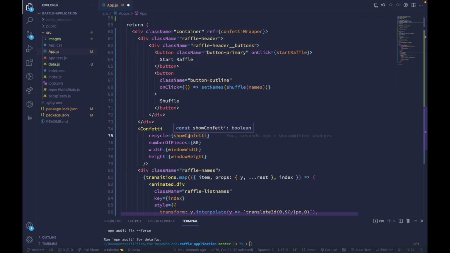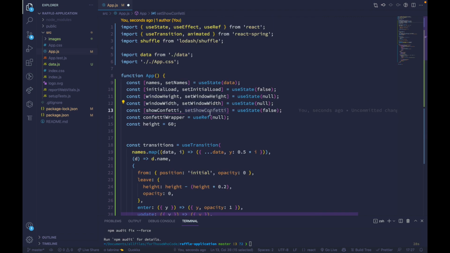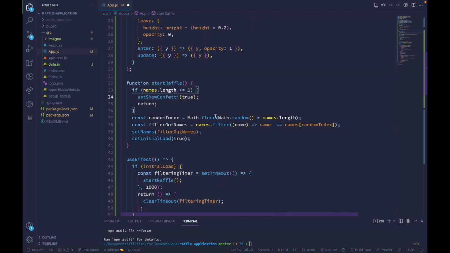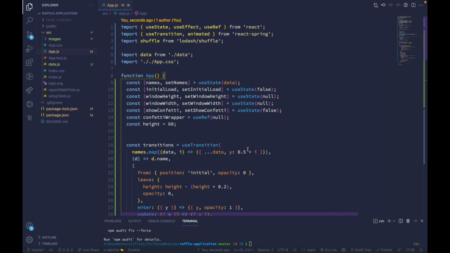Initially, the recycle would be show confetti, and the number of pieces would be 80. The flying pieces would be 80, and width and height would be window width and height. We have state right here. So to set show confetti, we will set show confetti to true in the start raffle of our app, and we'll obviously need another piece of state lastly, so that we will be